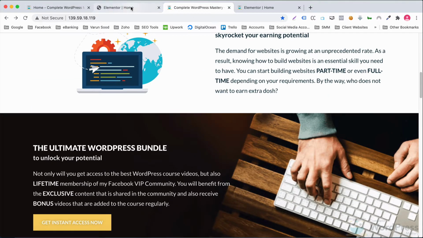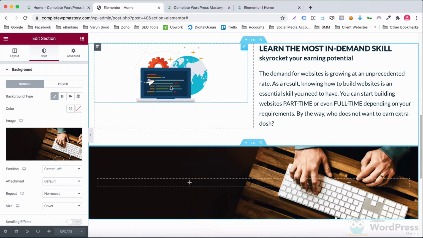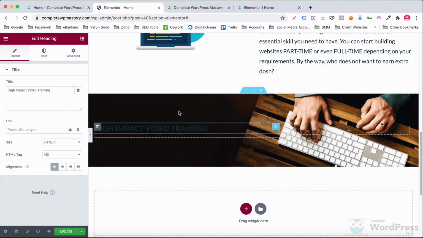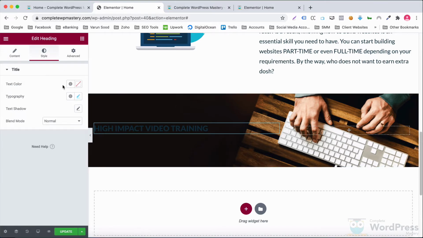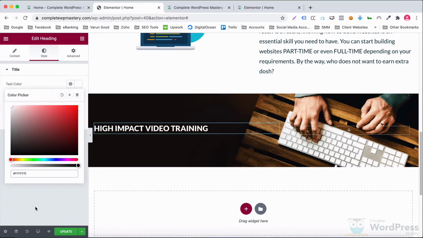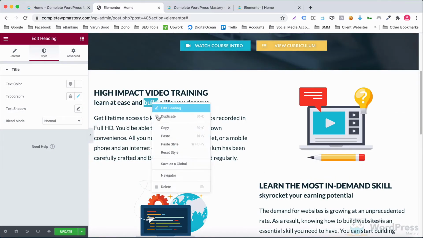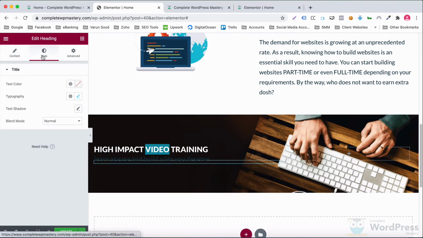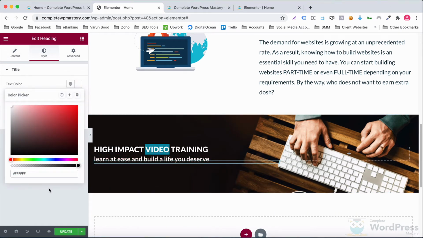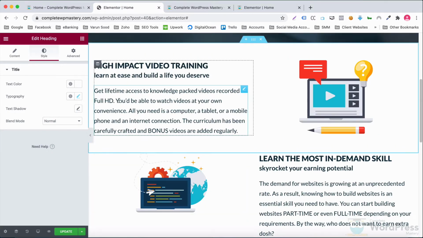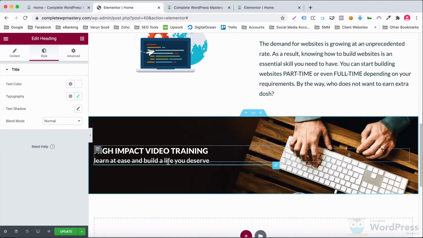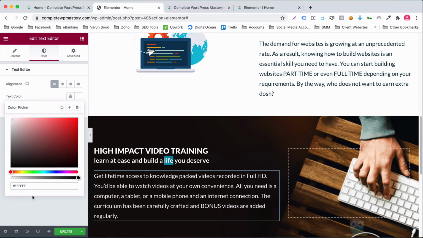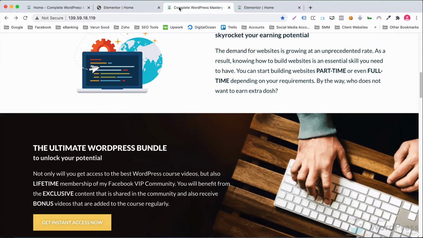So let's copy these widgets one by one and make them white. I'll quickly copy the actual text from here.